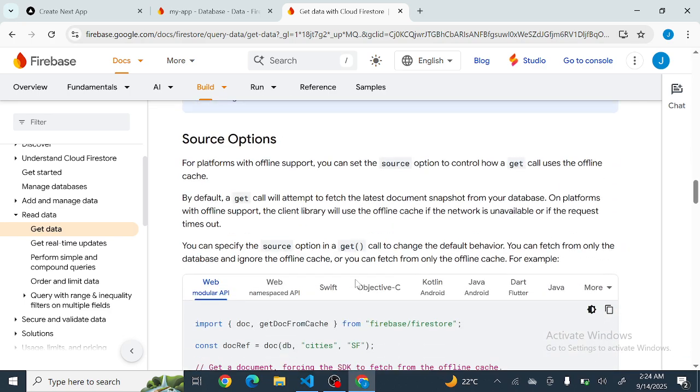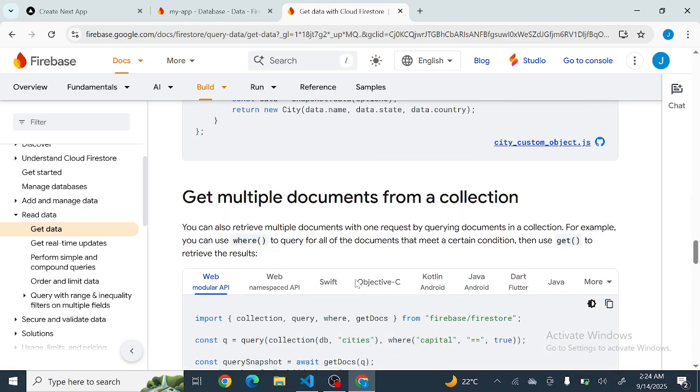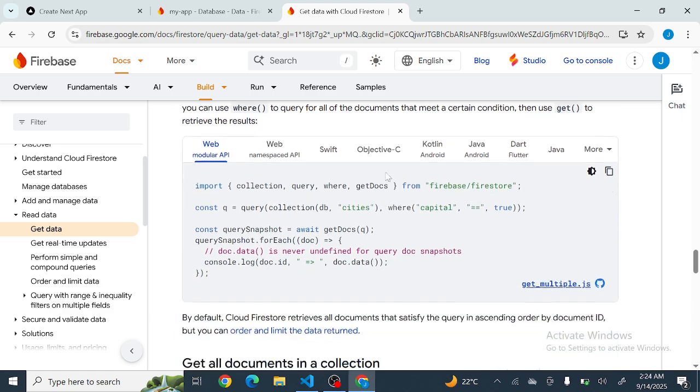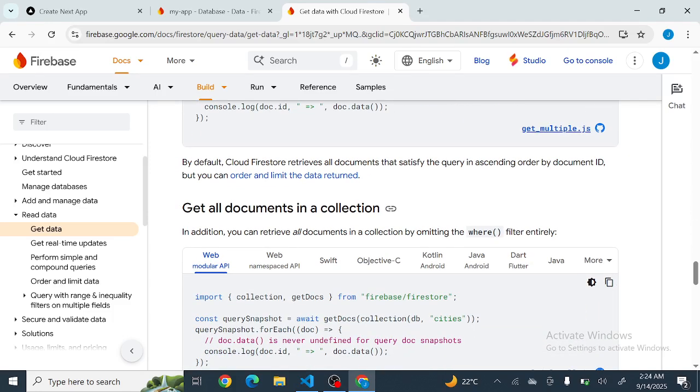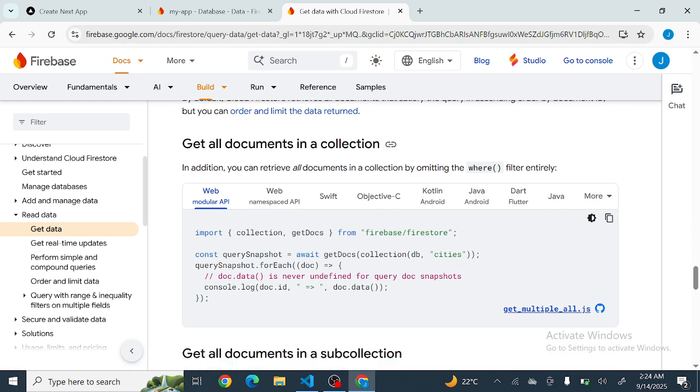So this time around, what I want to do is fetch all the documents coming from my database. So I'll follow this subheading that says get multiple documents from a collection and get all. So this all would now point to everything in my database system, which is what I need. So I'll take a good look at this function. The first thing I see is we imported collection and getDocs from Firebase Firestore. So I'm just going to copy that import statement